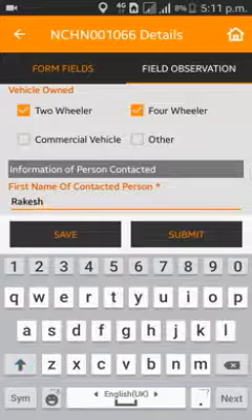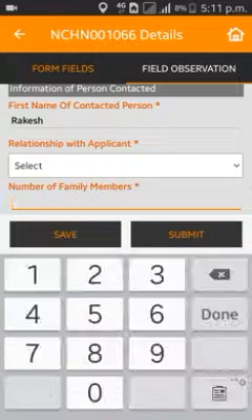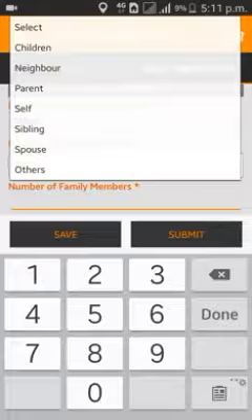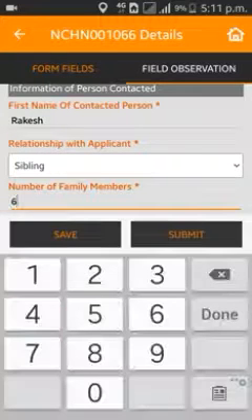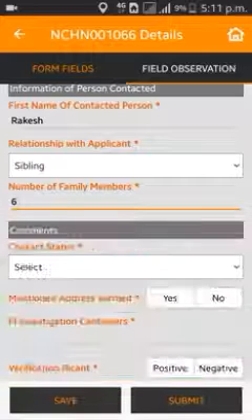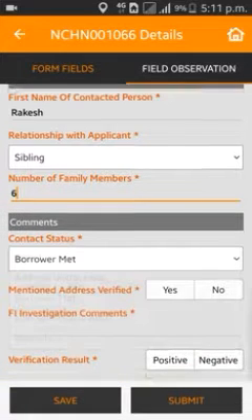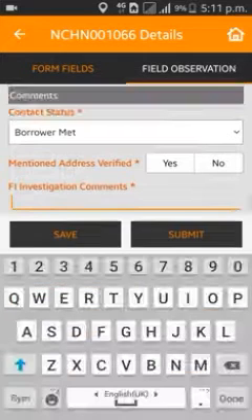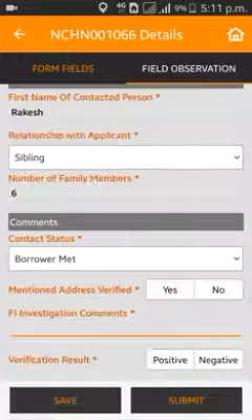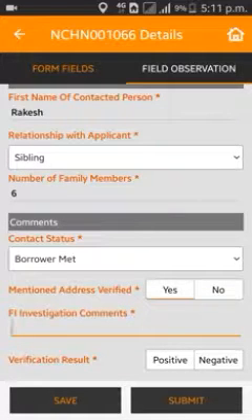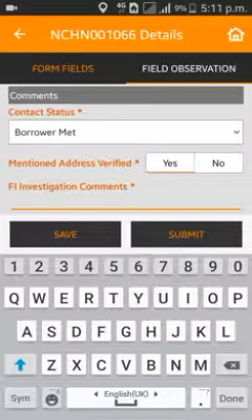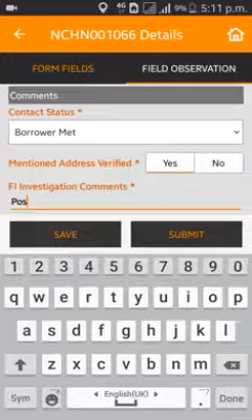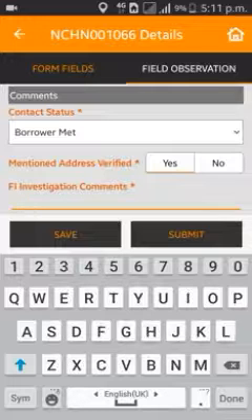So you can just type the person whom you have contacted, and how he is related to the applicant, how many family members, contact status. You have met the borrower, you can put it as borrower met, and then the mentioned address is verified. You can have an option here whether to say yes or no, and then you can say positive here, or you can put your comments,